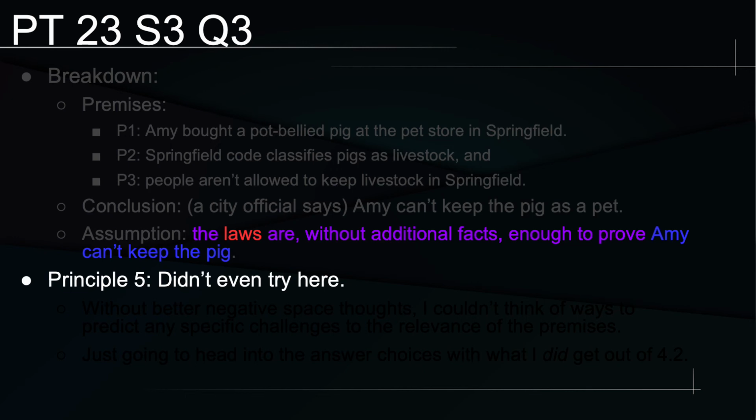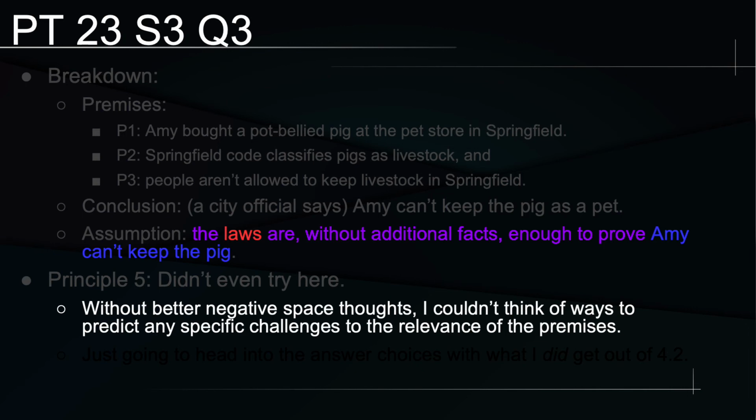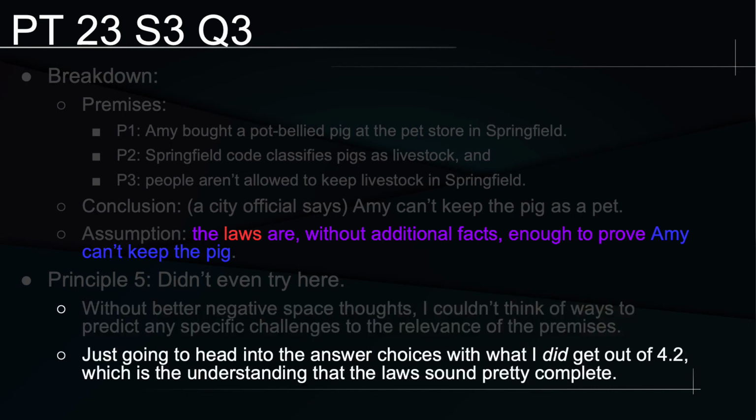Honestly, I didn't even try anything with principle 5 here, even though this was a necessary assumption question. The reason I didn't try principle 5 was that without better negative space thoughts, I couldn't think of ways to predict any specific challenges to the relevance of any of the premises. So I'm just going to head into the answer choices of what I did get out of 4.2, which is